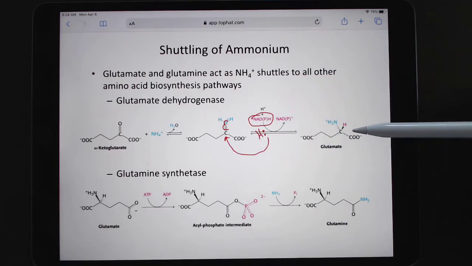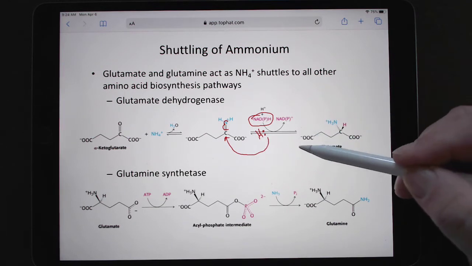So that makes the glutamate. Now, if we want to add an amine down here,